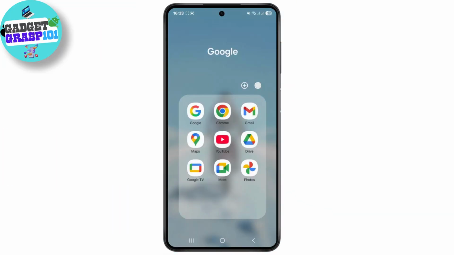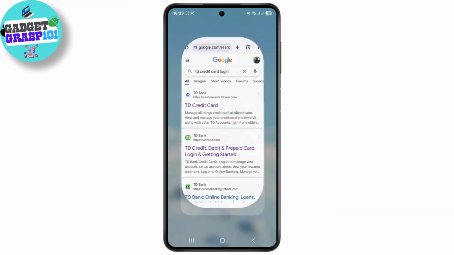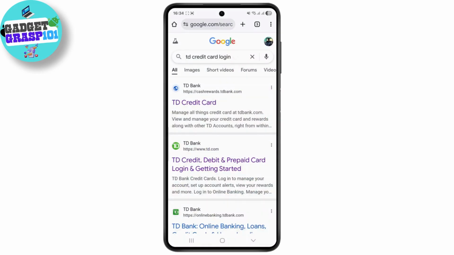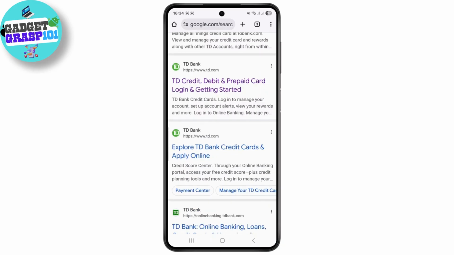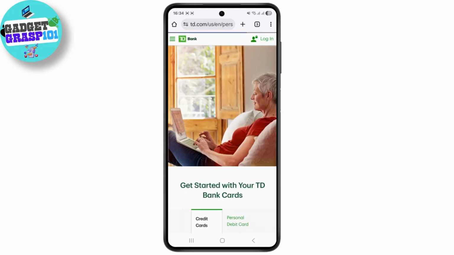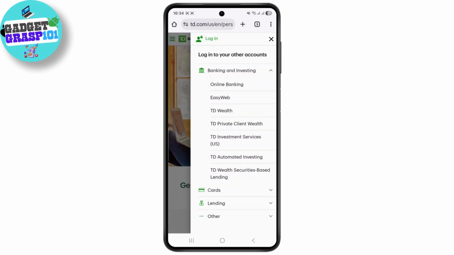If you also want to log into your TD credit card account online, here's what you need to do. So first thing, just simply search for TD credit card login, and once you're searching for that, just click on the second link which appears over here, that is of the official website of td.com, and from over here you can just tap on this login or sign in option at the top right corner of your navigation bar